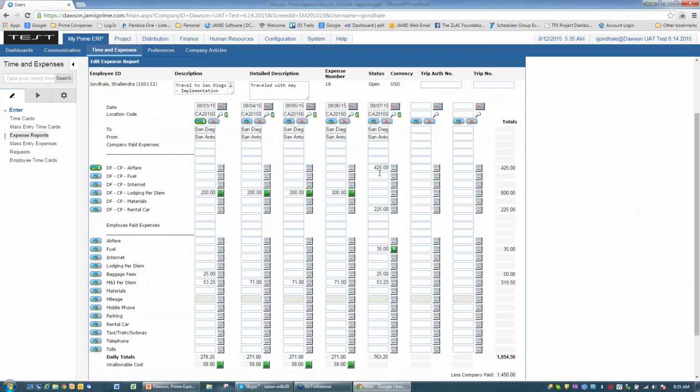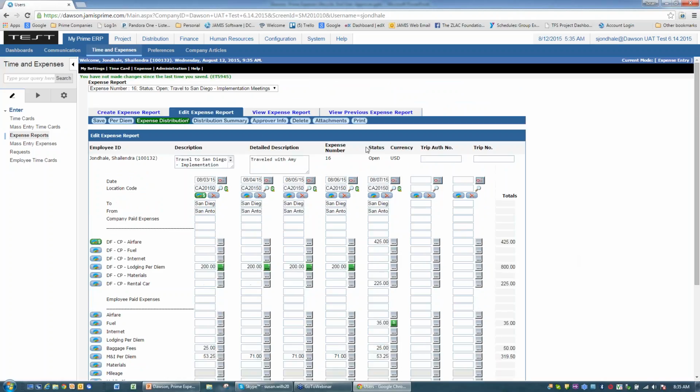So you're going to need your hotel receipts, your airfare receipts, your rental car receipts, your gas pump receipt, your baggage fees from the airline. The only thing you're not going to need a receipt for is your per diem. And so you simply go in and click on